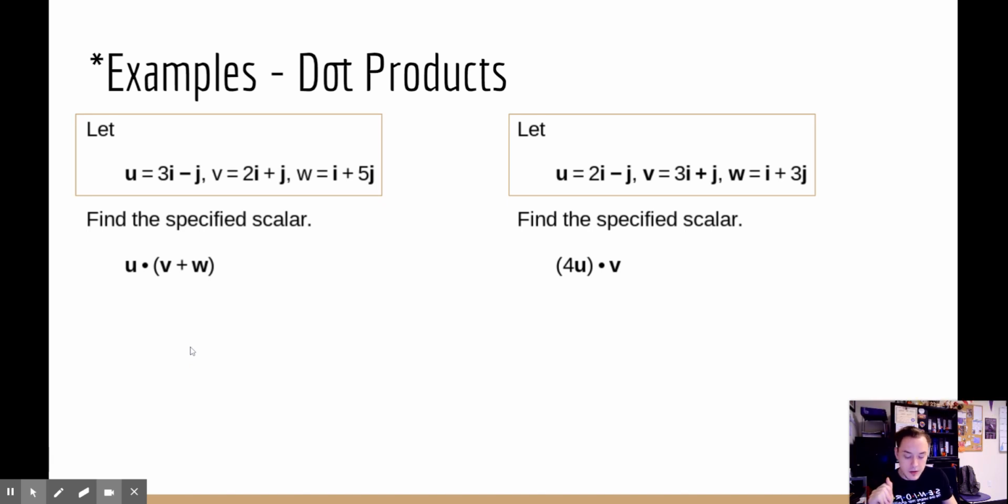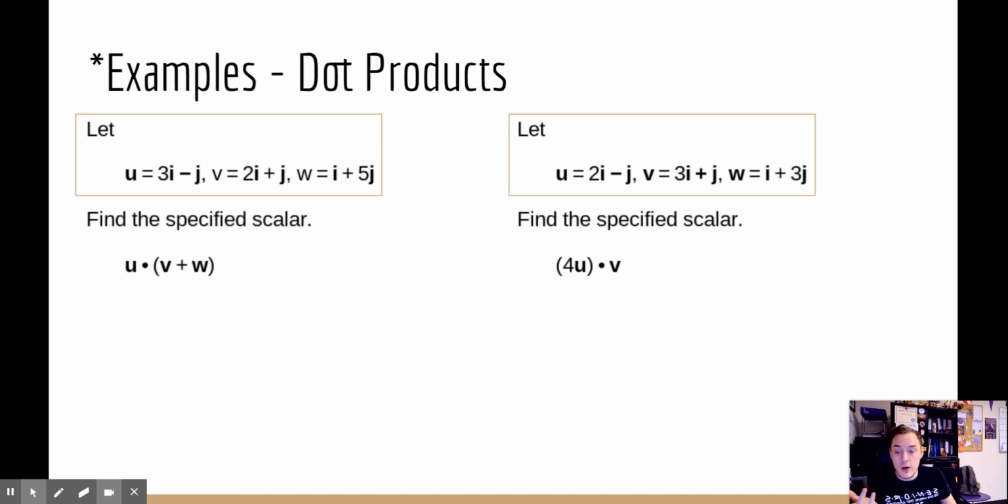So what I want to do now is go ahead and, because this is something that you'll see on MyMathLab, go ahead and try these on your own. I'm going to pause the screen and I'm going to show you all the work. But a lot of it has to do with